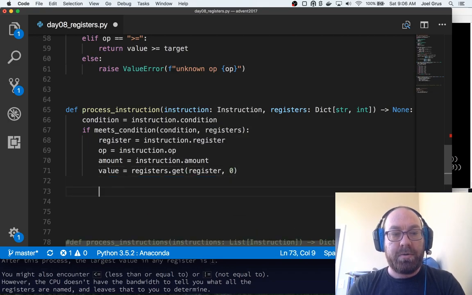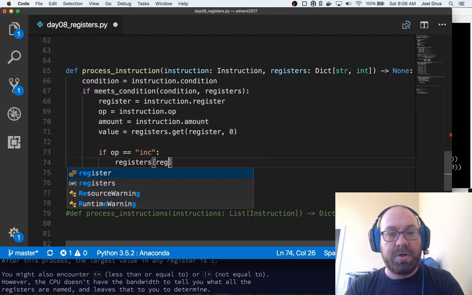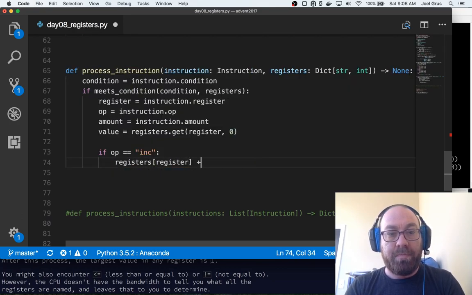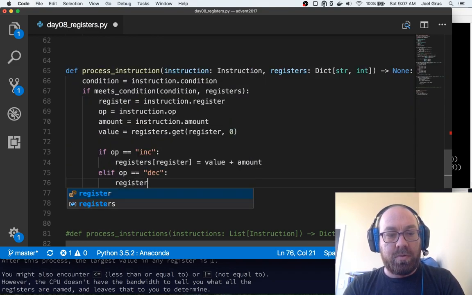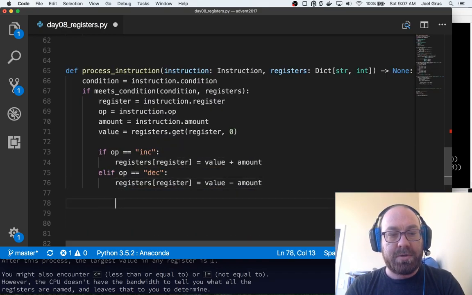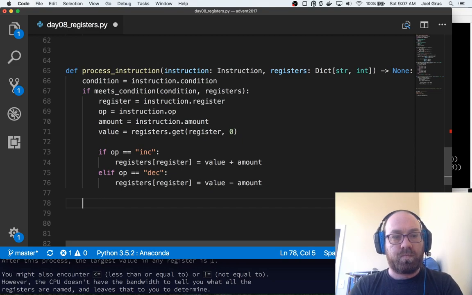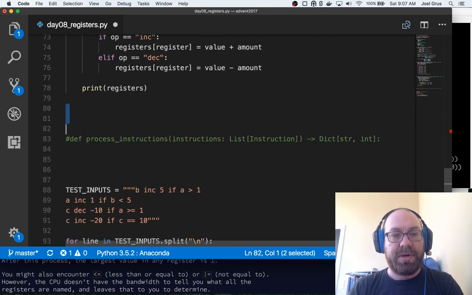So if op equals, and we said these are either increment or decrement, right? So if op equals inc, registers[register] plus equals value plus amount. Elif op equals dec, registers[register] equals value minus amount. And let's just say print registers. I'll take that out in a minute, but